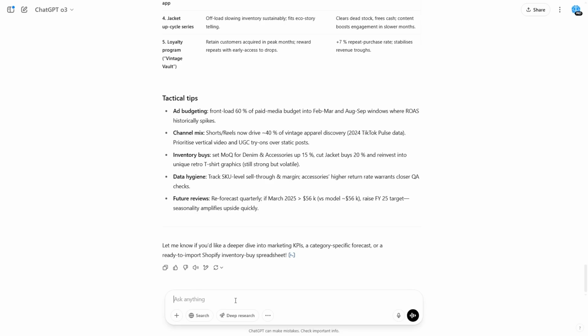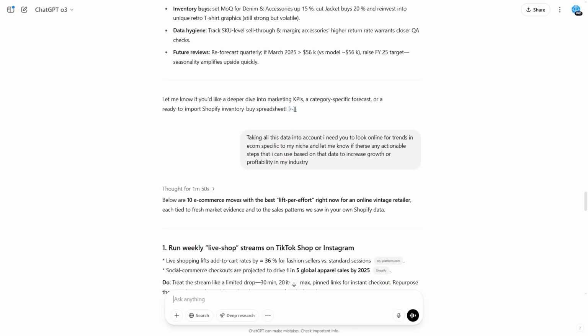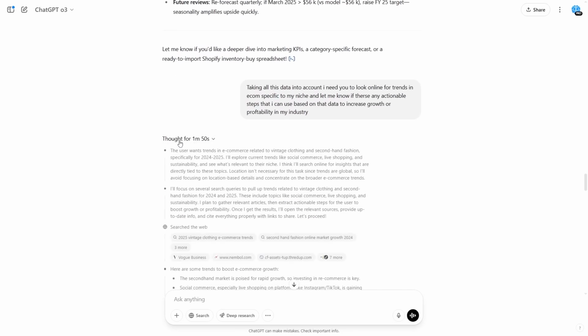Now, deep research is going to be a little bit longer and a little bit slower. But what you can do is, now that you have that information, I can say, okay, look at this, look at online trends, and then come back with a research report on actionable things that I could do for my store, or anything that's upcoming that I could take advantage of. So now I'm going to give it that, and now it's going to go ahead and think. Honestly, I hope I don't run out of O3 uses during this video, but it's all for demonstration purposes. So now it's going to think, it's going to reason, and it's going to go ahead and give us an answer. And so now that we've used this quick research, I didn't use the deep research,